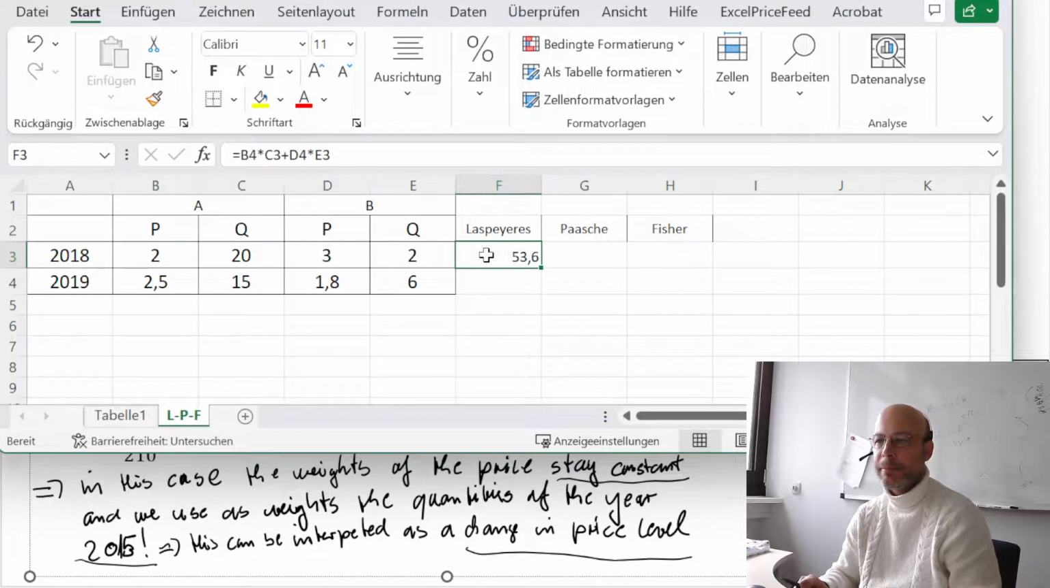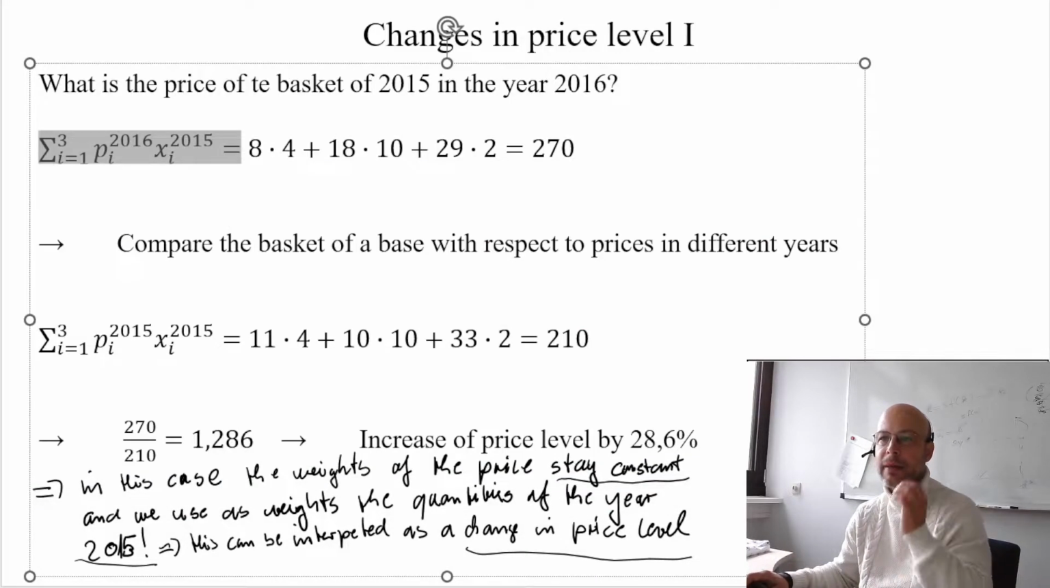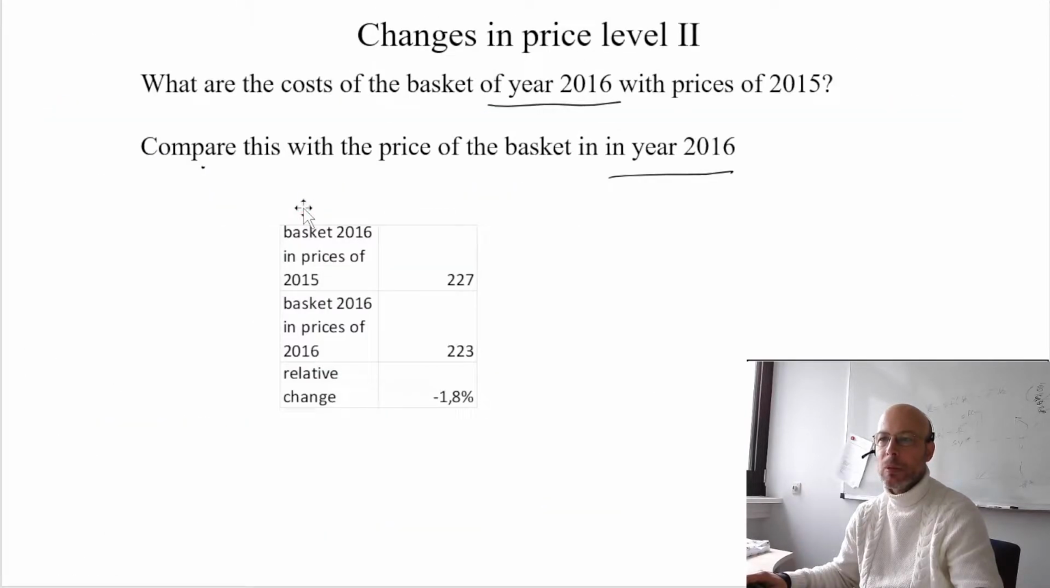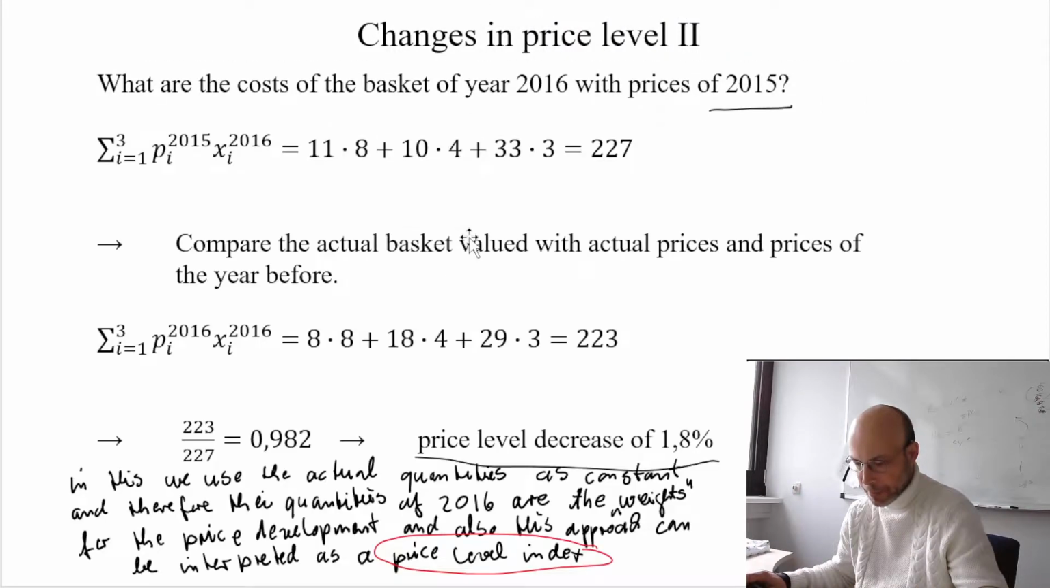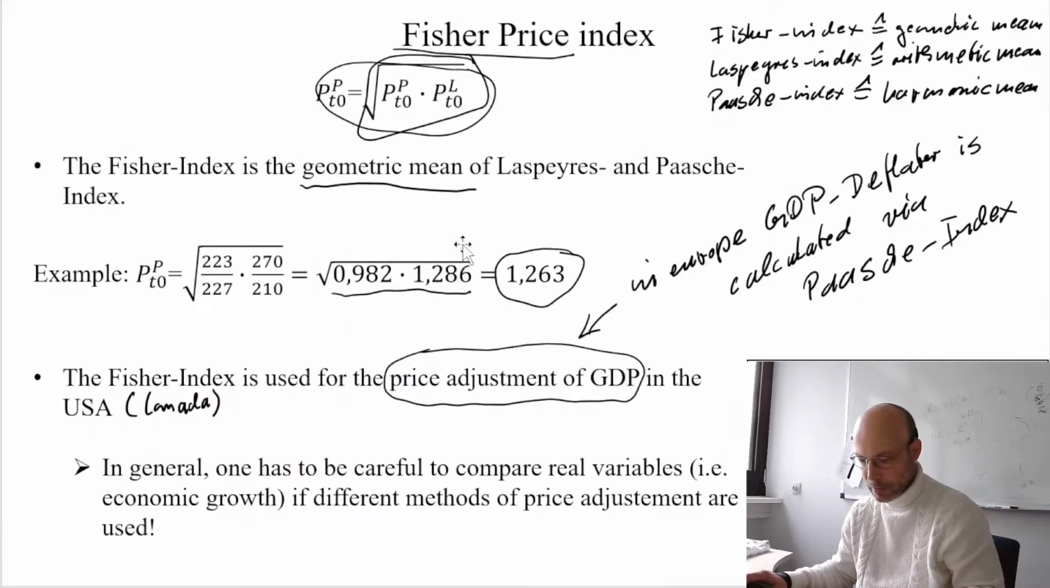and the partial index, this would be then the other way around. We would calculate in this case the cost of the basket in the following year with prices of the former year. For this, we then obtain, in our case, where we are,